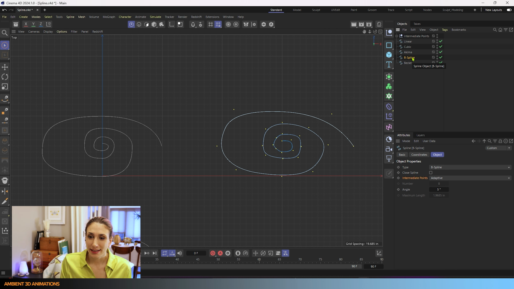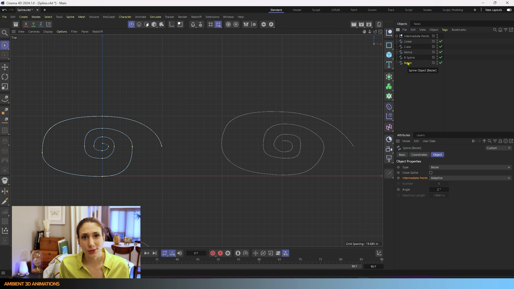So the B-spline is very accurate, and it's great for manufacturing, for if you're 3D modeling something for manufacturing. Bezier spline is more commonly used in motion graphics and illustration. It's a great tool. It actually has the most options for drawing a spline in Bezier than any other spline within Cinema 4D.